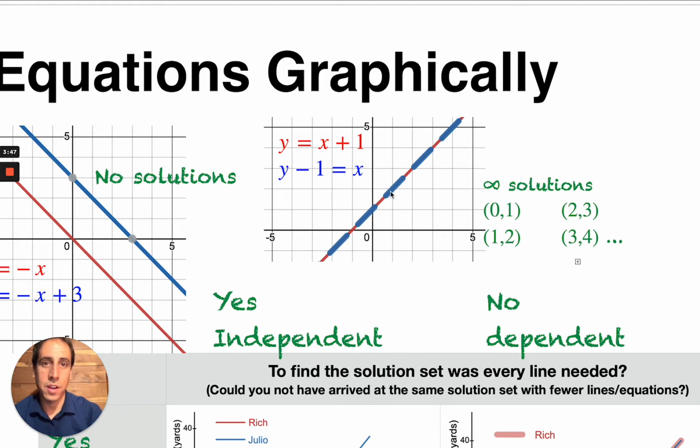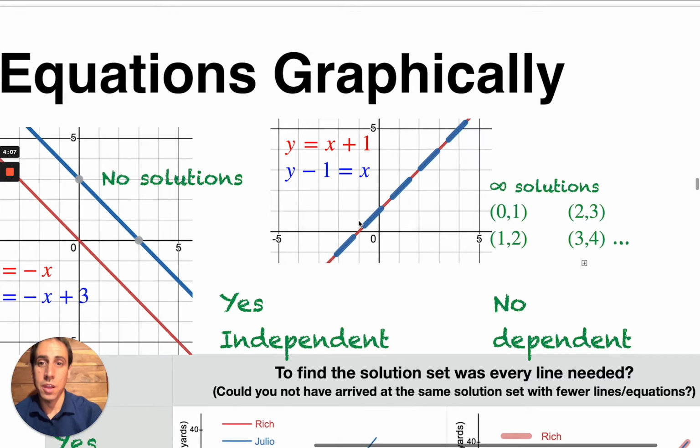1, 2 is right here. 2, 3 is right here. 3, 4 is right here. And all of these pairs satisfy all of these equations. You could plug this pair, 0, 1, into the red and blue, and you see that it satisfies both equations at the same time. So